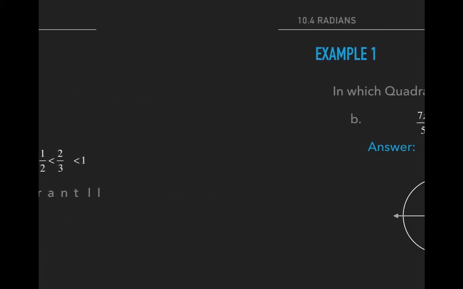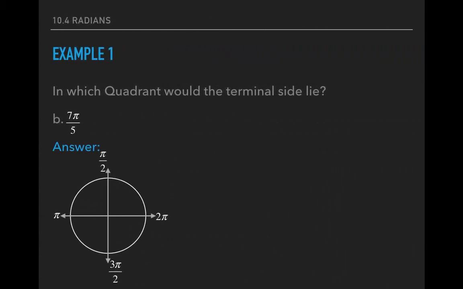Let's do another. Let's say that we had 7 pi over 5. Okay, well, where is that going to be? 7 over 5. 7/5 is greater than 1. It's actually, 7/5 is 1.4. I'm just really smart. That's why I knew that. If you didn't know that, sorry. 7/5 is 1.4, which means it's less than 3/2 because 3/2 is 1.5. So it's going to fall in this